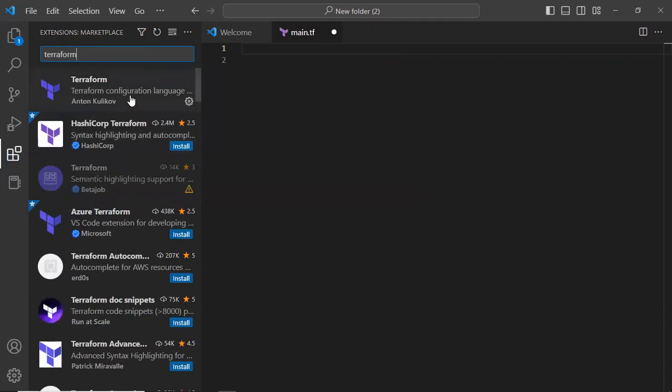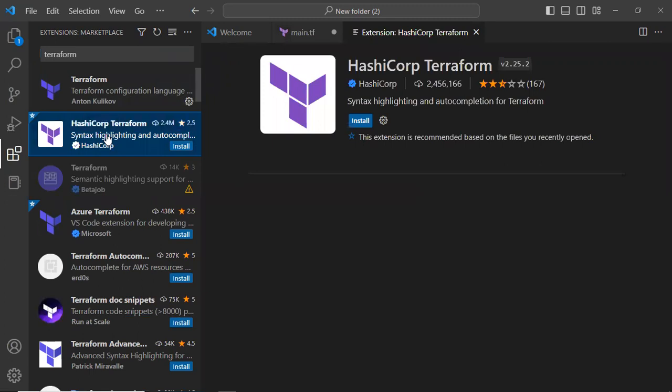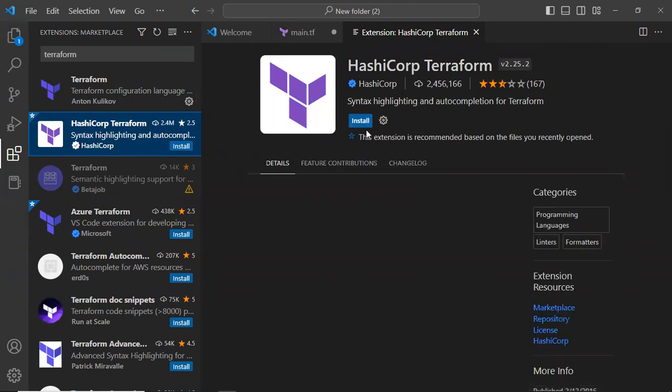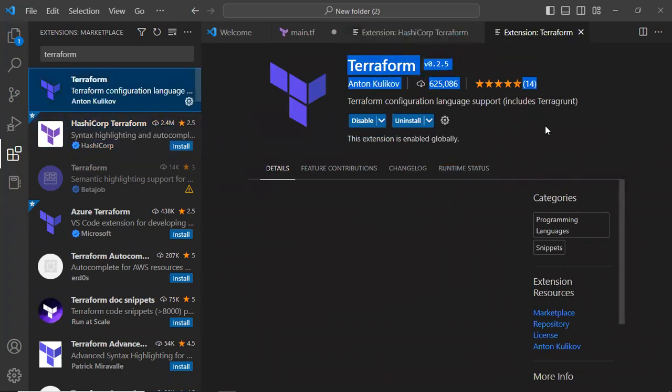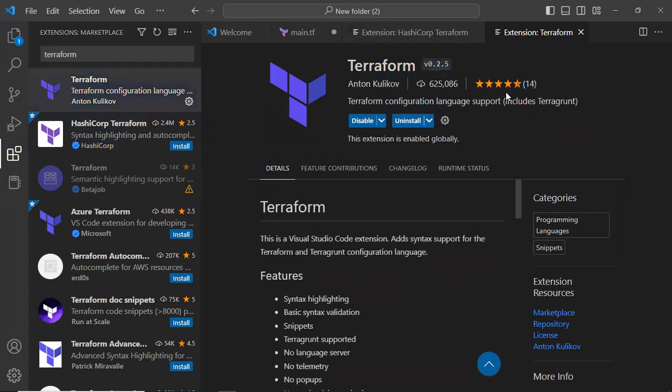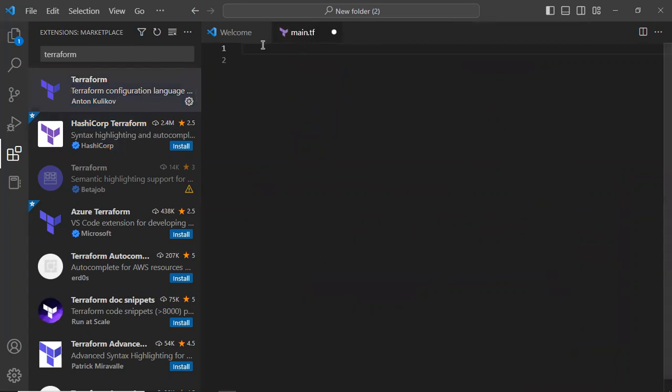See, HashiCorp Terraform is the official version of the plugin, but I have not installed the official plugin because it has some bugs. So I have used a third-party plugin that has got 5 stars. From now on, I can start working with Terraform here.